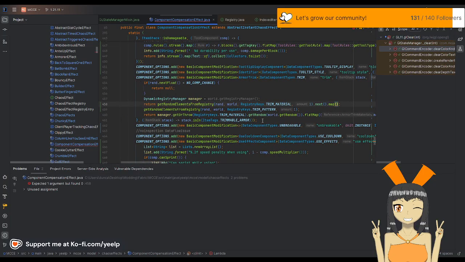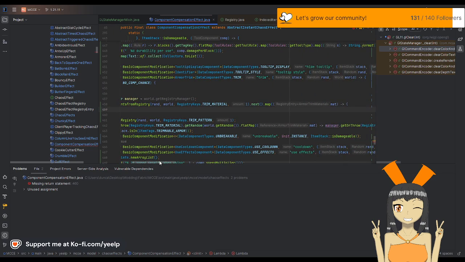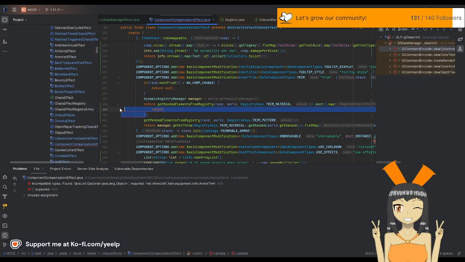Yeah, and then I can just or else null and all this other stuff. Okay, so this is gonna be trim, or I guess this is the material, right? Because this is the registry entry for the armor material, and then we're going to, actually, since this is like this,